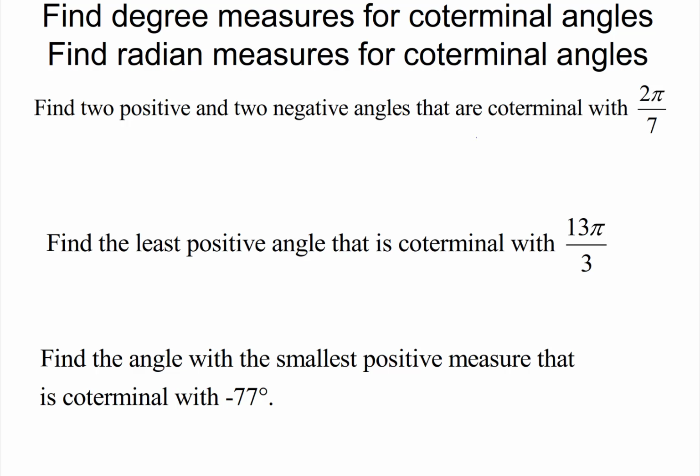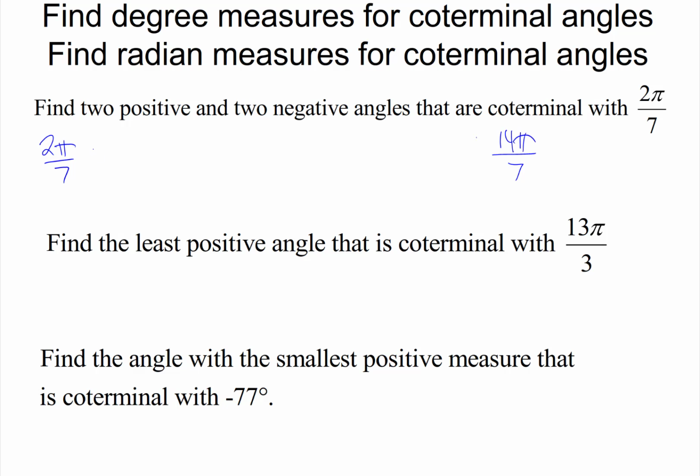We need to be able to find coterminal angles in both degrees and radians. So first we want to find two positive and two negative angles that are coterminal with 2π/7. If we start with 2π/7, to find coterminal angles we need loops around the circle. Thinking of 2π as all the way around the circle in terms of sevenths, 14π/7 would